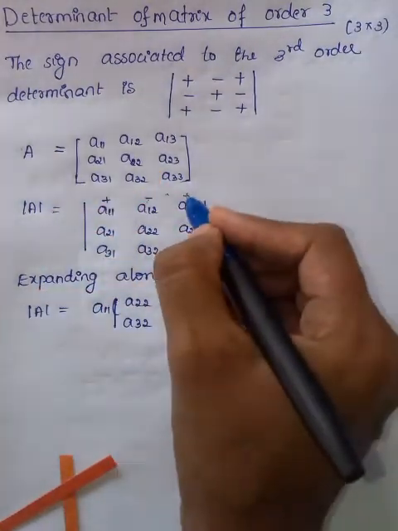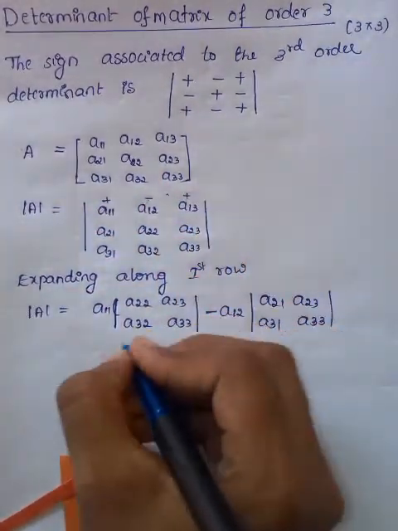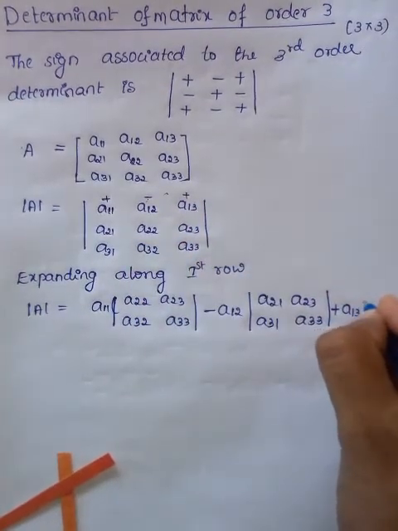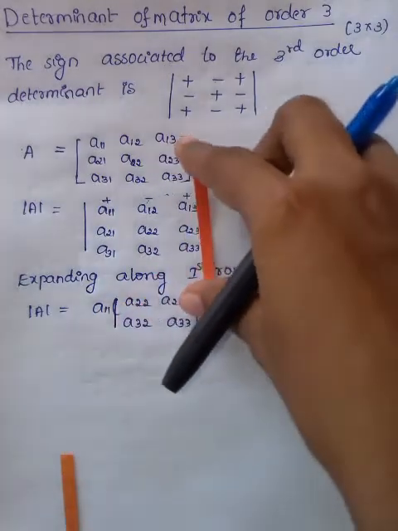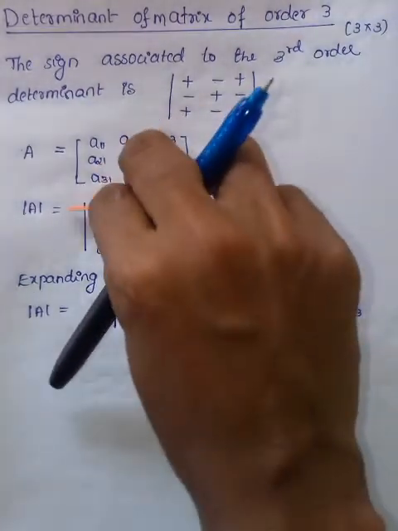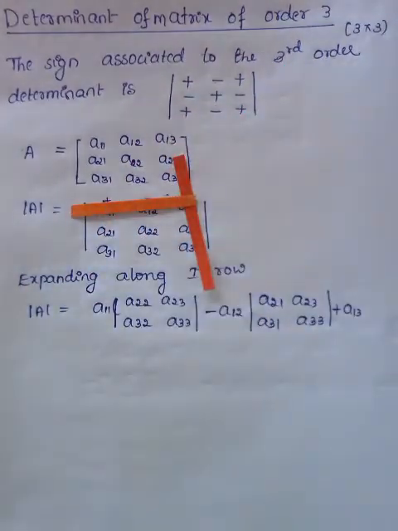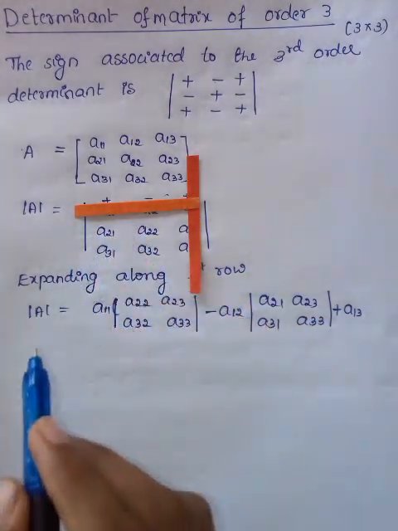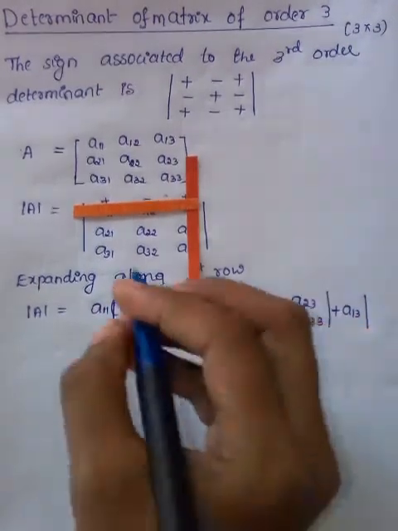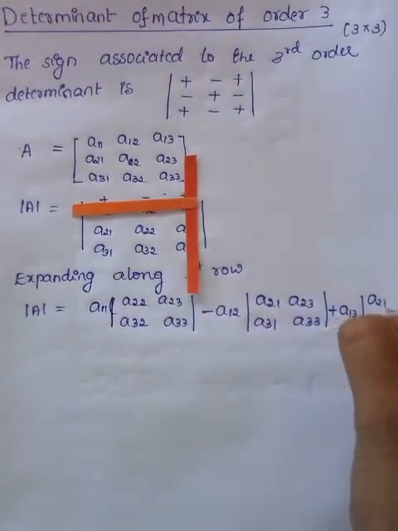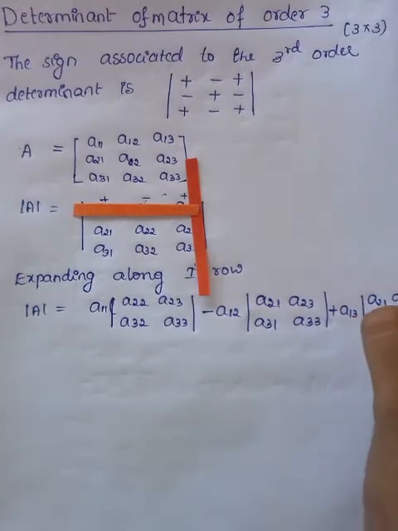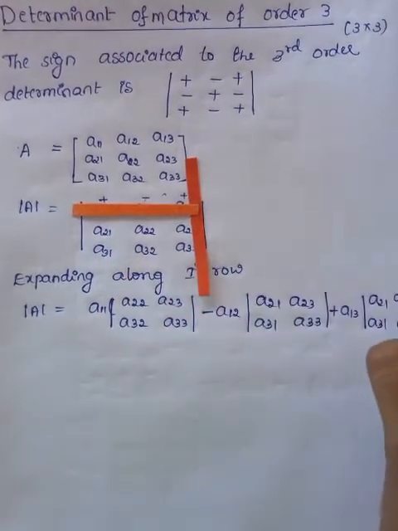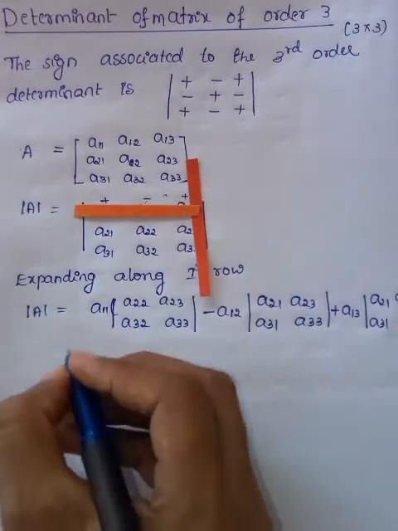Next the sign is plus, the element is A13, delete this row and column, then it is a second order determinant, that is A21, A22, A31, A32, is equal to,